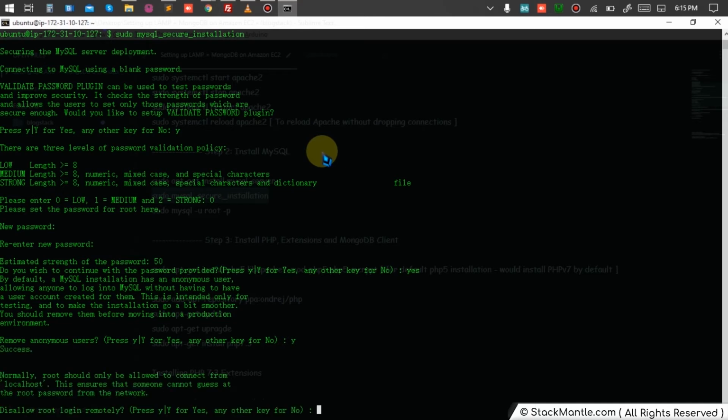Okay, if you want to log into your MySQL database via SSH or CLI or command line or other third-party applications, so if you want to log in through it, always keep this option ticked. Or if you do not want that, and you just want to log in through the SSH of Amazon AWS, you should choose no. Okay, so in my condition, I'll choose no, because at every point of time I use AWS.